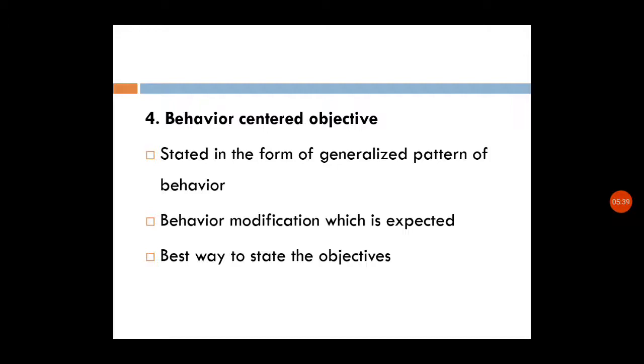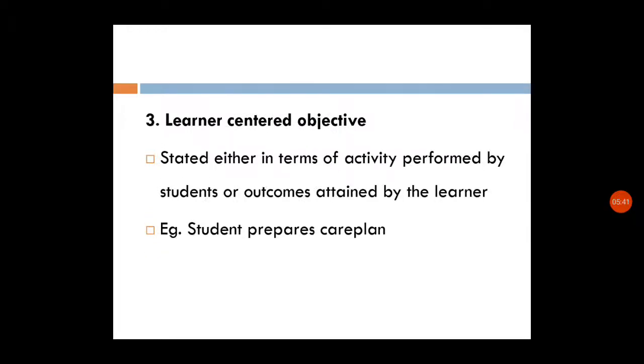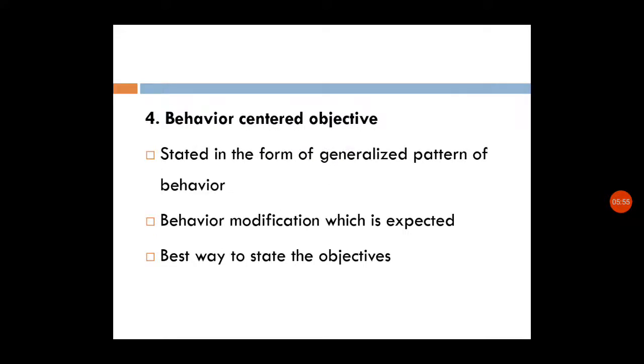Usually we are writing in learner centered objective. So student prepares, defines the myocardial infarction. The next will be identifies the etiological factors of myocardial infarction. So here it is learner centered objective. So here the behavior centered objective is the best way to write the objectives. Okay,